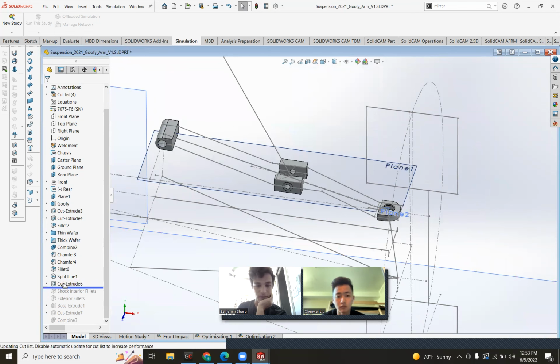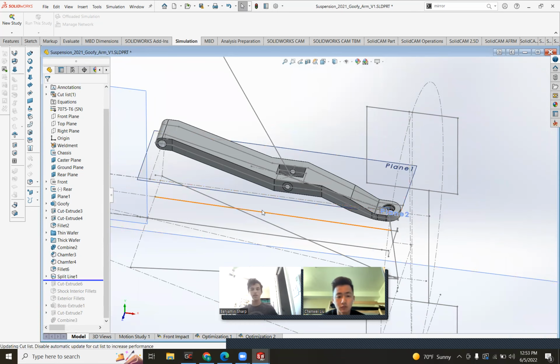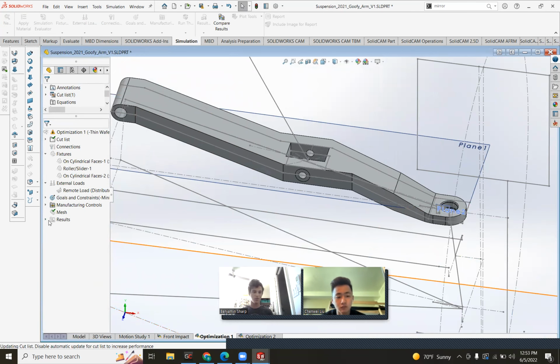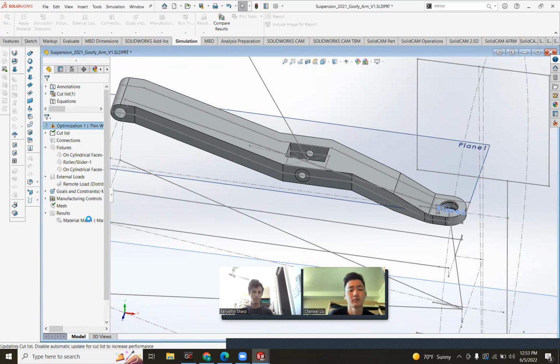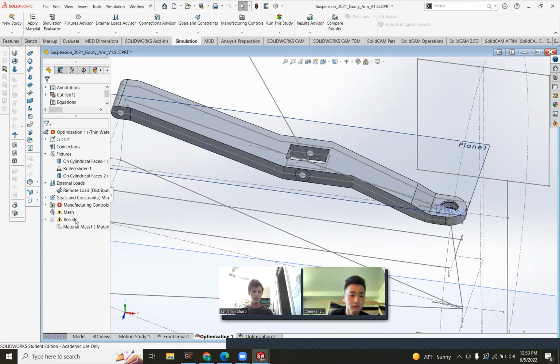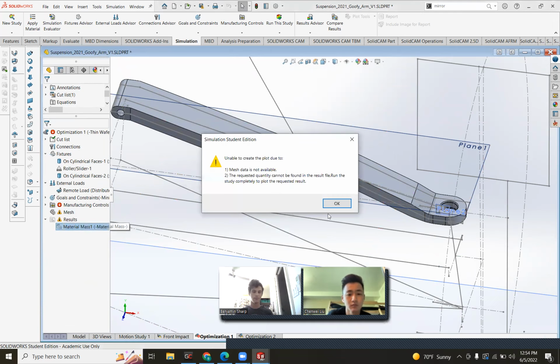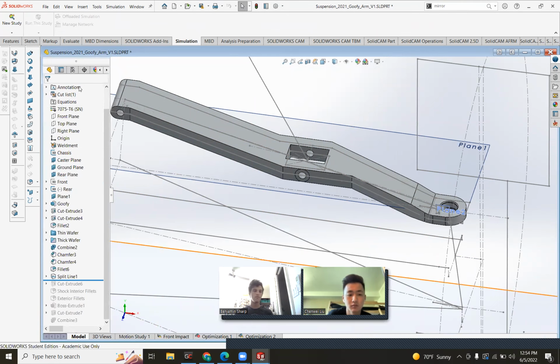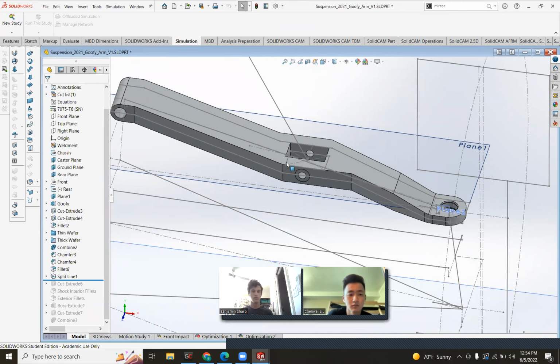Big change right here. The reason is that from this, I ran an optimization study. The optimization study, if I can just show the results, I don't know if it'll let me. The optimization study, which you've seen Carlos or Sean run maybe. Damn, it's not saved. It shows you where you can keep and remove material. So what I did was take that feedback,